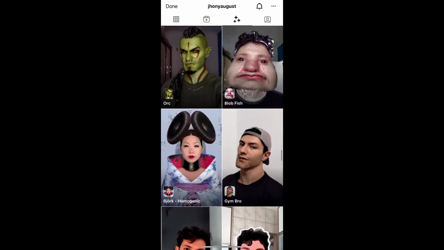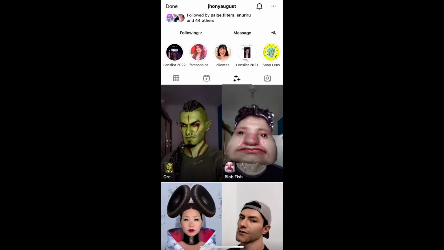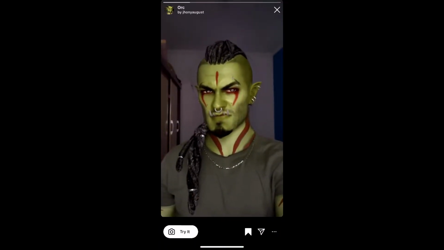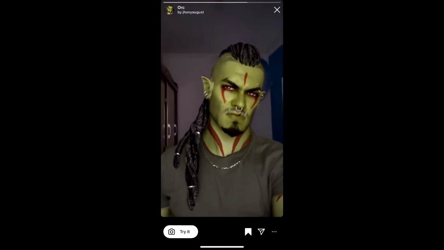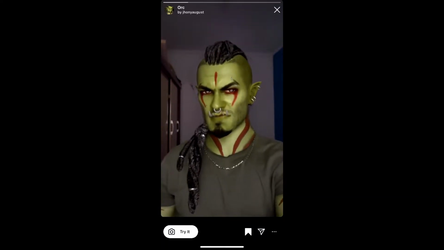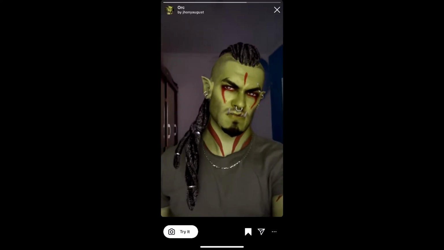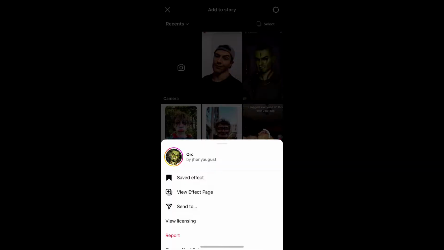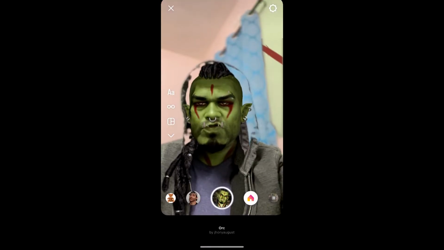So this is the filter orc. Tap on it and you will see this preview. From here you can save it to your Instagram camera tray and you can tap on try to try the filter. Okay, and suppose you are not getting the effect like this, then what you can do,